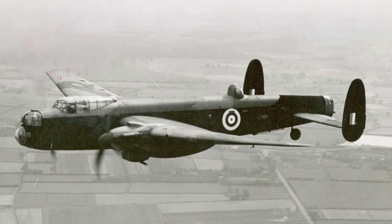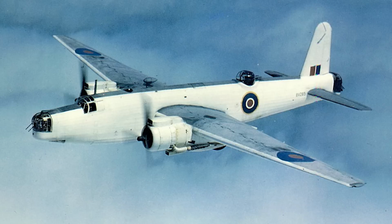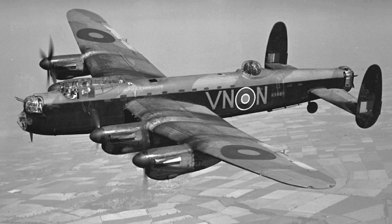Initially, plans revolved around twin-engine designs, typified by the Avro Manchester and the Vickers Warwick. But though these did get into service, they experienced problems with their power plants and were also recognised, in the light of combat experience, as not really meeting the RAF's growing needs, and so four-engined heavy bombers became the standard